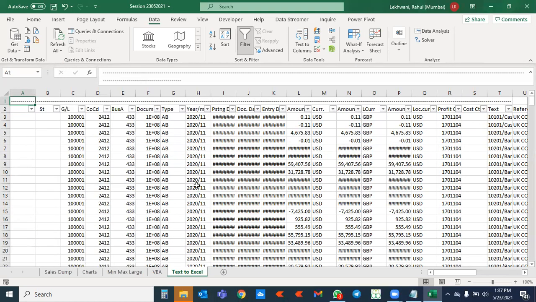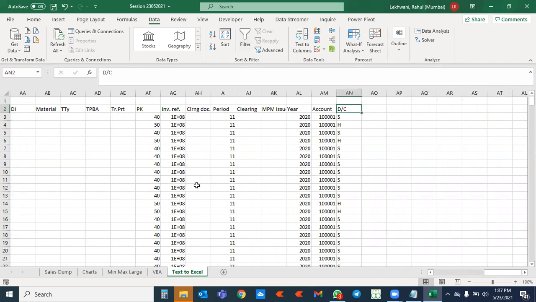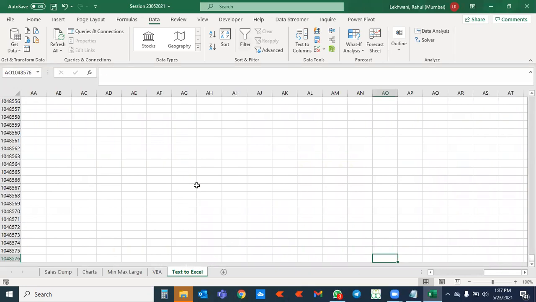So we'll unfilter. There is a trick to it: how to go to the bottom. Control down key will go to the very end of the sheet. I don't want to go to the very end of the sheet. I want to select only the data which is there in the sheet, not the blank columns. So what I'll do is that I'll just